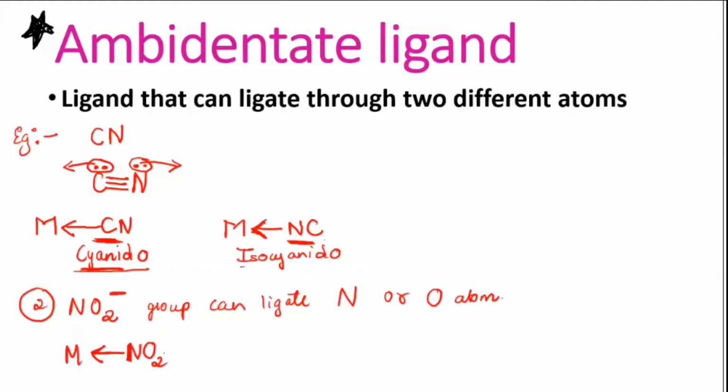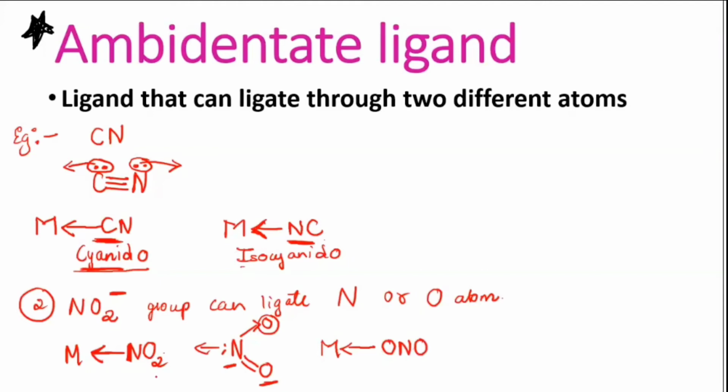If oxygen is donating, their structure is like this: N, one dative bond, oxygen here, then you have N double bond O, and then an electron pair. So this is how the structure is. Either nitrogen can donate or oxygen can donate. Suppose oxygen is donating, then our structure goes this way: metal here and then oxygen is donating, remaining is again nitrogen and then oxygen. So you write N and then O. This is the way to write it.